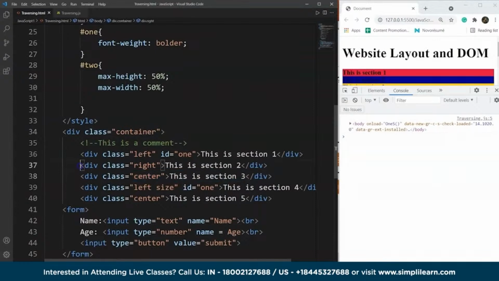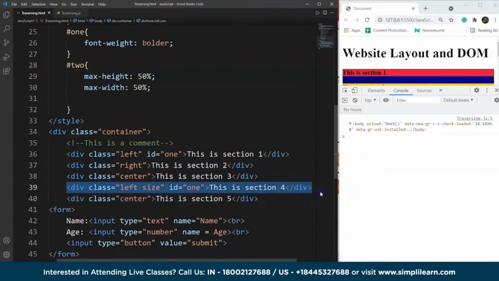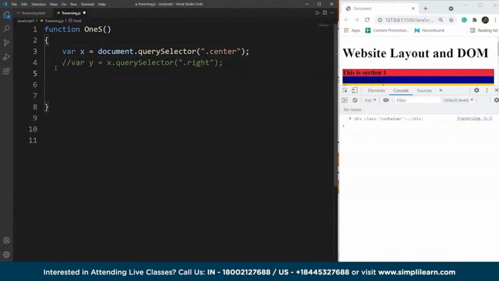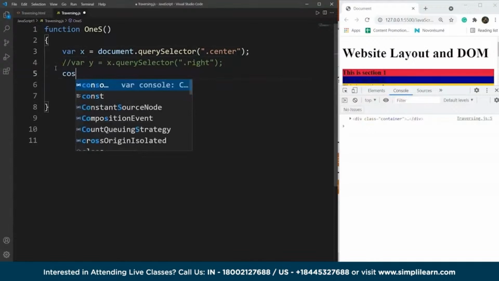The immediate left sibling will be this one, and the immediate next sibling or the right sibling will be this one. So to access the siblings of these elements, instead of document.querySelector, we have to write center here, because we want to access the siblings of this particular div tag. So what we'll do next is we'll write console.log,